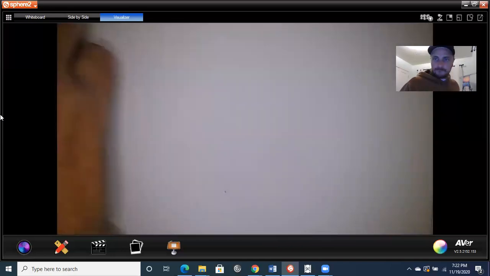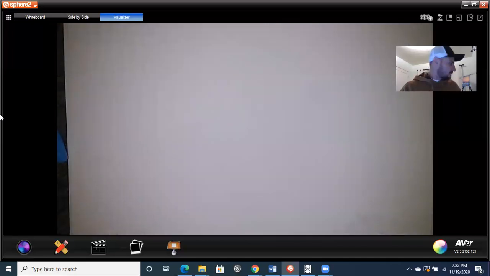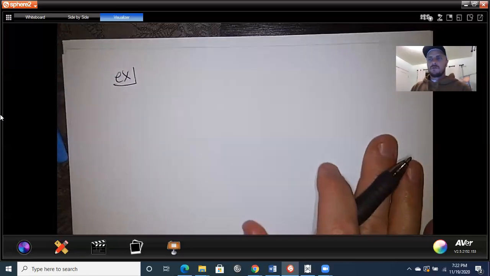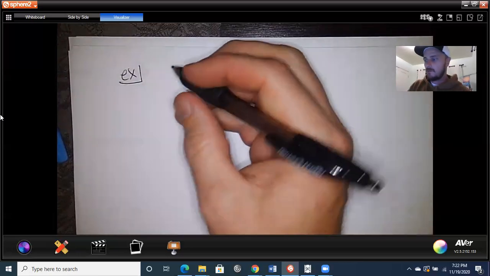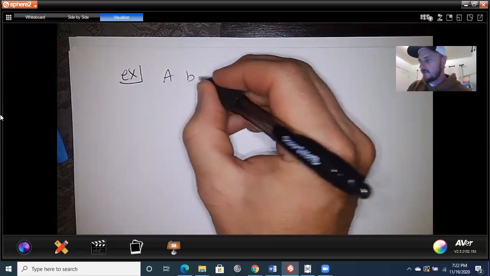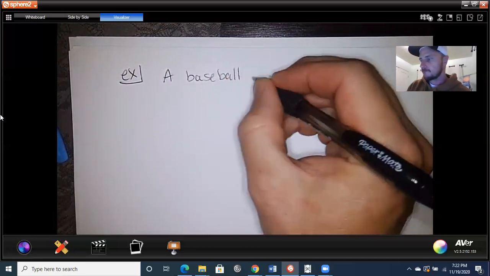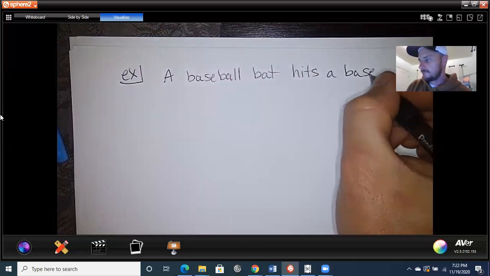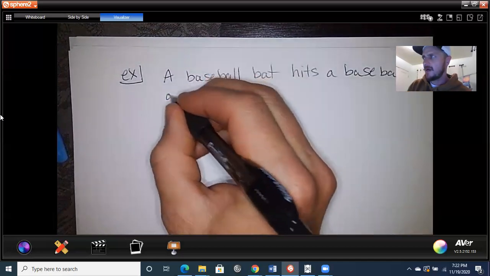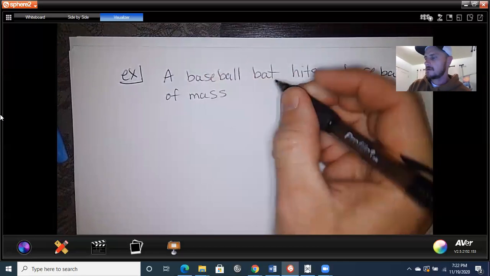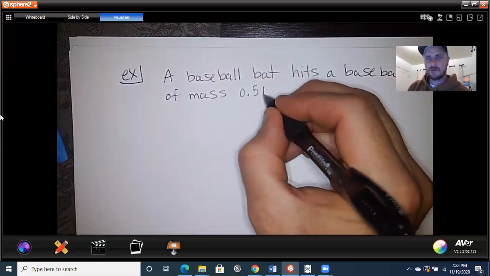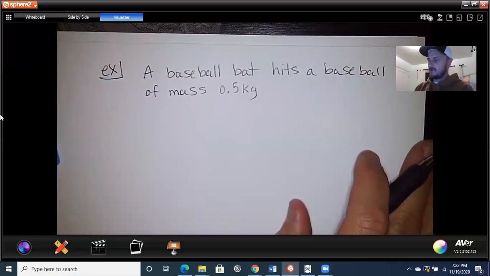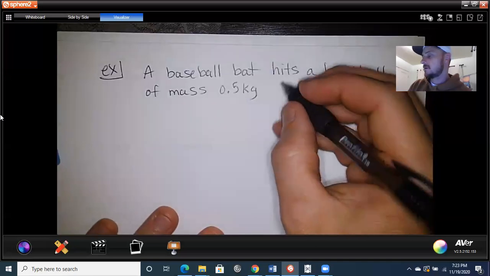Example time. So let's see here. Let's just stick with that. We'll say a baseball bat hits a baseball of mass, let's say it's 0.5 kilograms. I'm not sure what the actual mass of a baseball is, but that sounds good. Baseball bat hits a baseball of mass 0.5 kilograms,